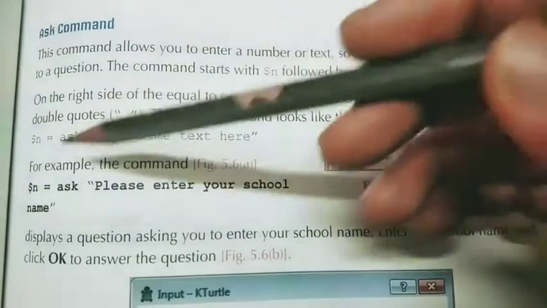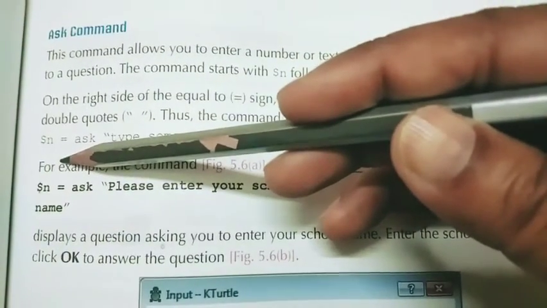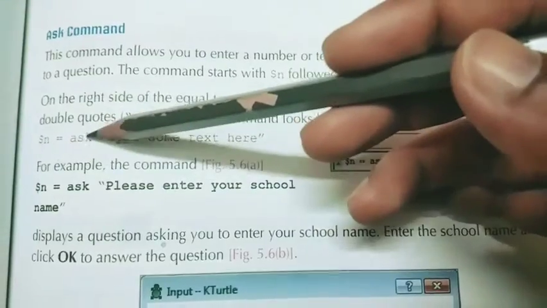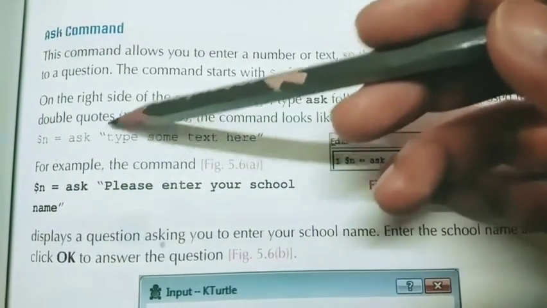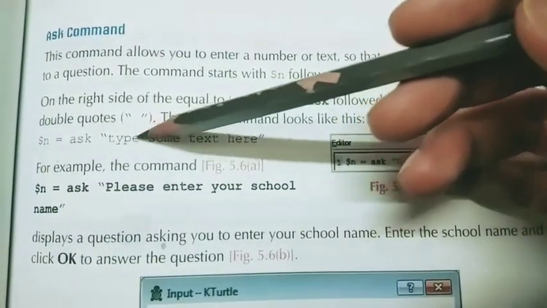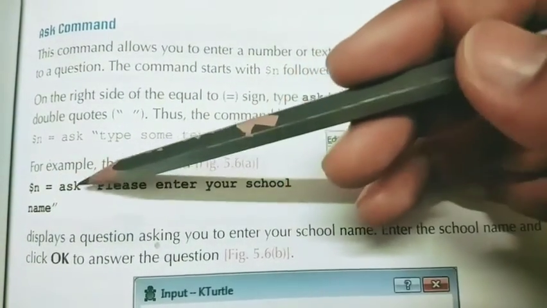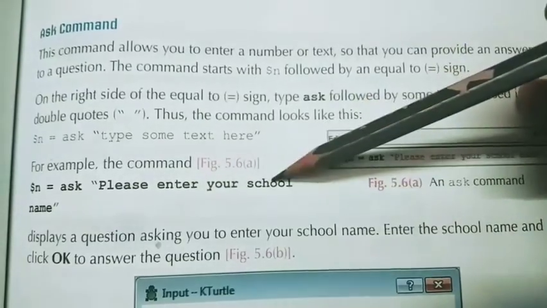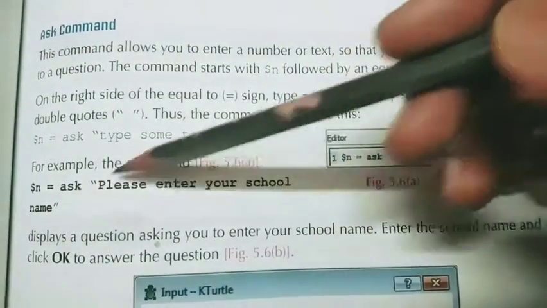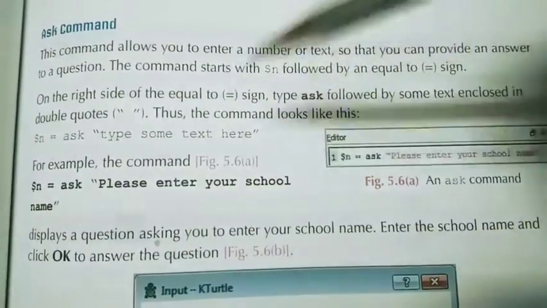The command looks like this. See, $n, equal to sign, ask. Whatever you want to ask, write inside the inverted commas. For example, $n equal to ask, please enter your school name. Understood?